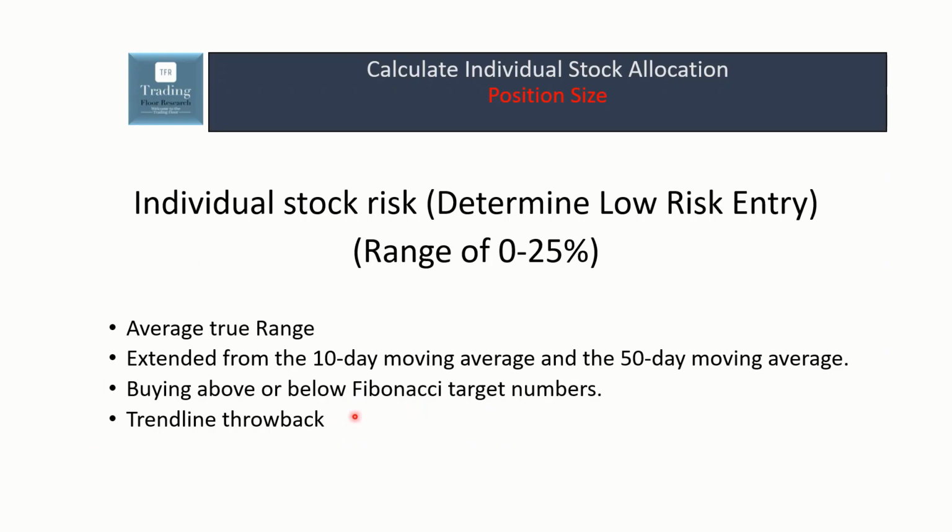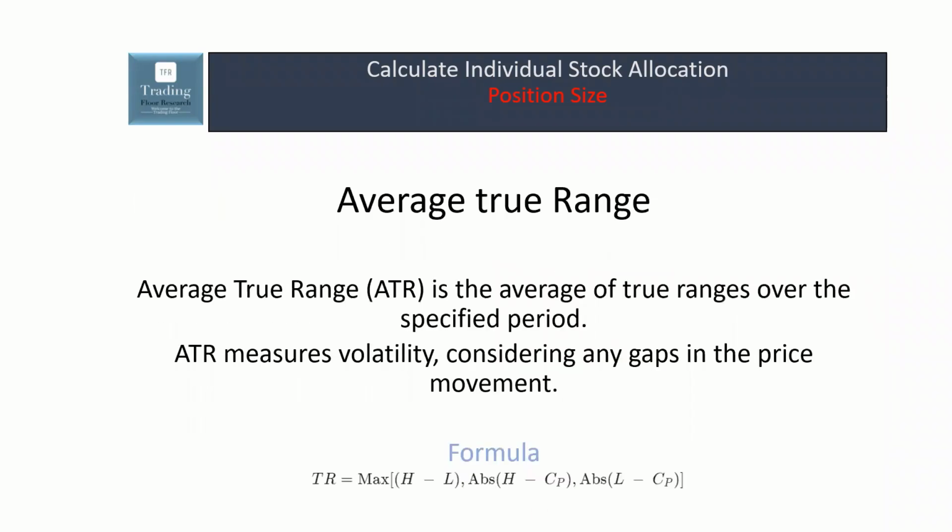That's where we get the real low risk entry when we're entering this position. And depending on what I'm seeing in these different factors, this is what's going to measure whether this individual stock percentage is going to be closer to 0 or closer to the maximum 25% for this individual stock. So when I talk about average true range, as a portfolio manager, this was a really